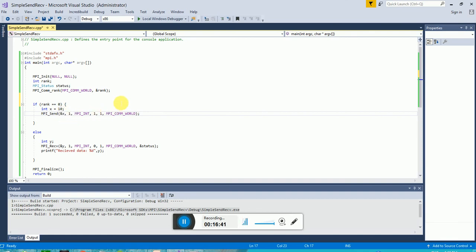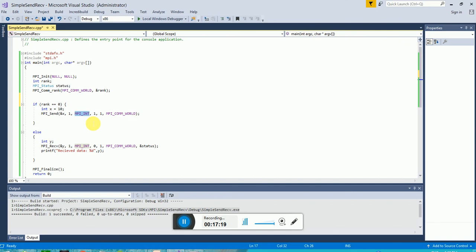If I am sending an array of 10 integers, I can mention 10 here. Or if I want to send only the first 5 elements of that array, I can mention 5, the number of elements I am sending. Since we have inbuilt MPI data types, like MPI int for integer, MPI float for float, and so on,